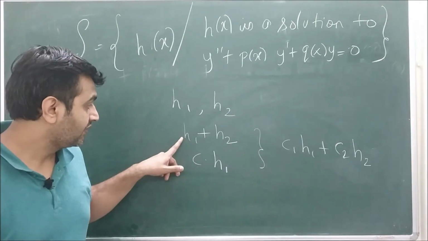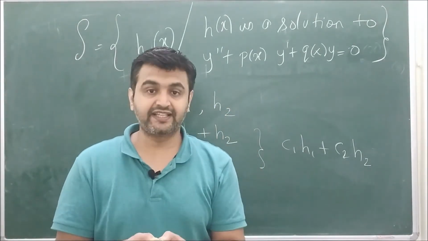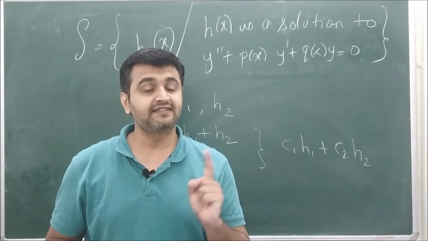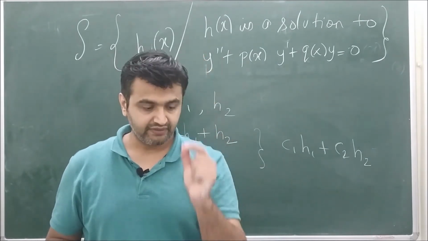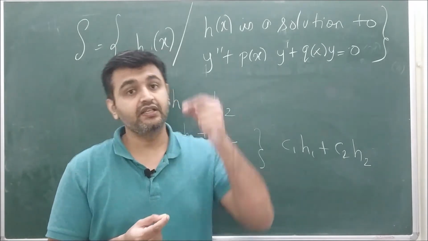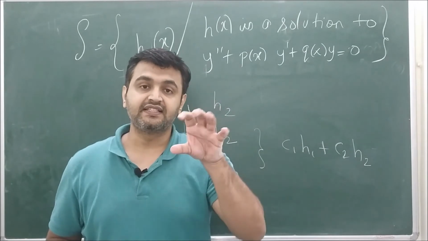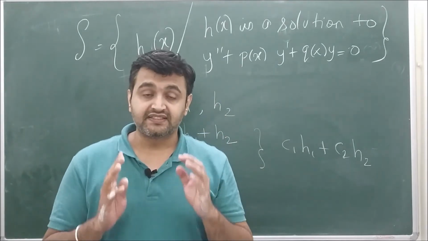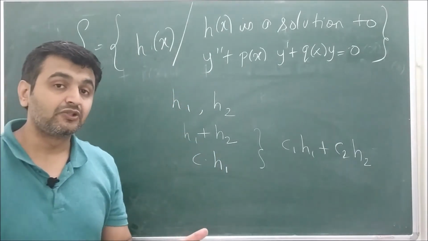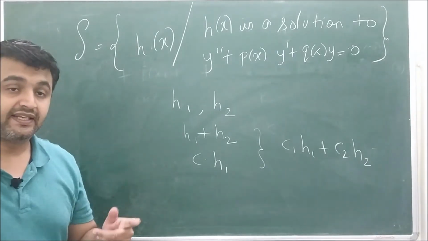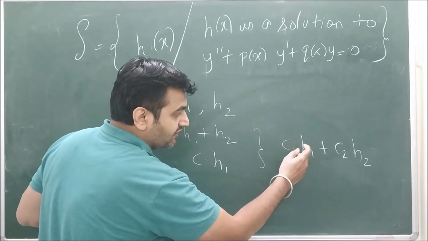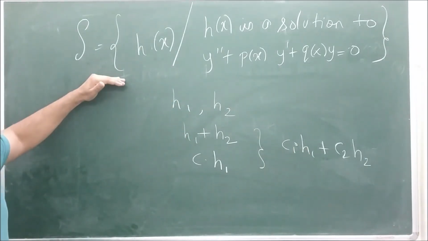You take two vectors from the set and you add them up. If the addition again falls into the same set, we say that it is closed under vector addition. You take a vector from the set, you take a scalar, and you do this scalar multiplication. If this again falls into the same set, we say that the set is closed under scalar multiplication. If the set is closed under both vector addition as well as scalar multiplication, then we call such a subset a subspace. Now because of the linearity principle, this set is a subspace because it is closed under addition as well as scalar multiplication.